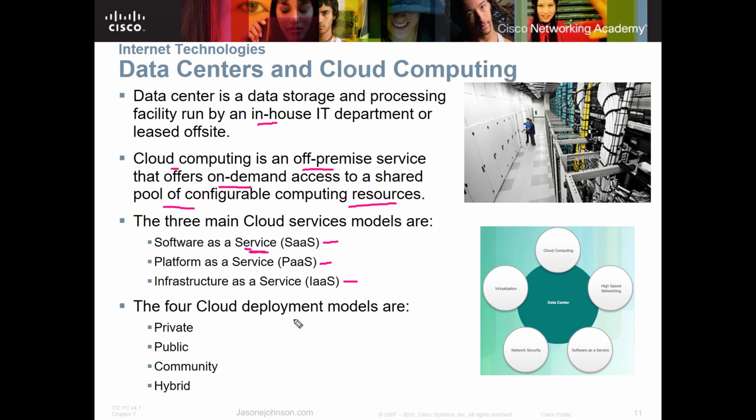Now, the four cloud deployment models are private, public, community, and hybrid. Private just means only you or your company has access to it. Public is obviously public, and those are things where you can have anybody come in and see them. A community would maybe be where you have a city or a company that's allowing anybody from a certain community or group to come into that. And then hybrid could be a combination of those when we're talking about deployment models.